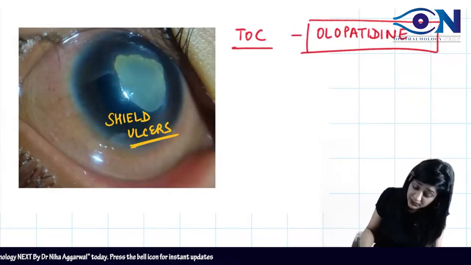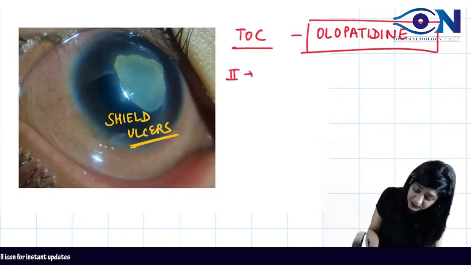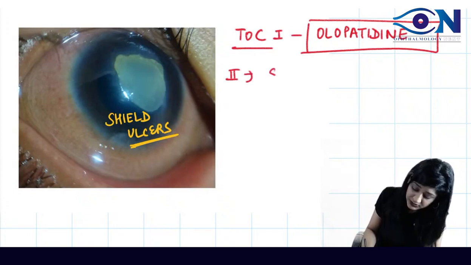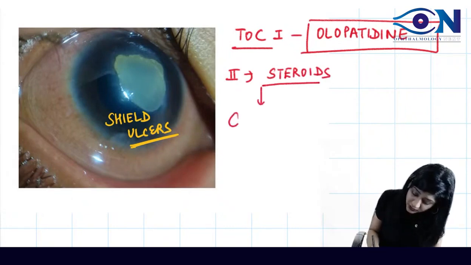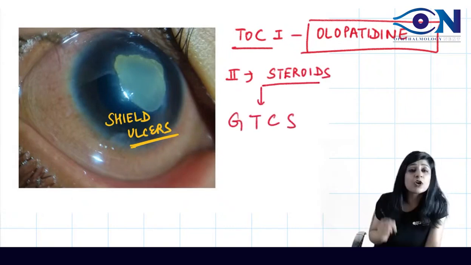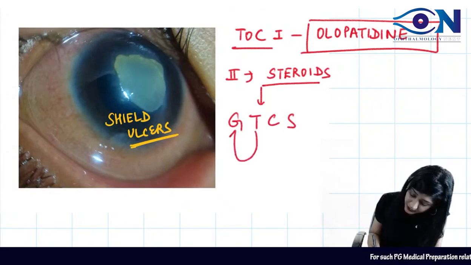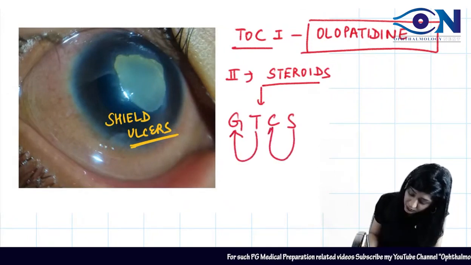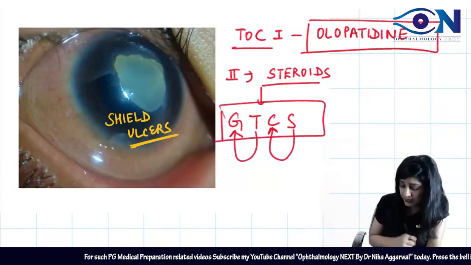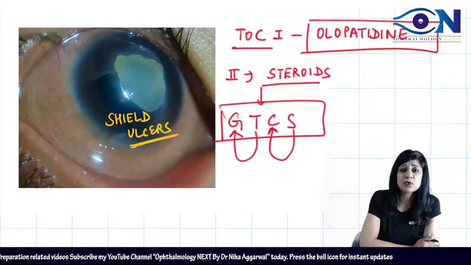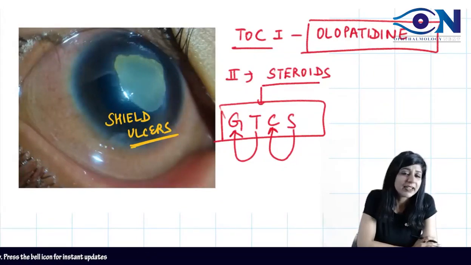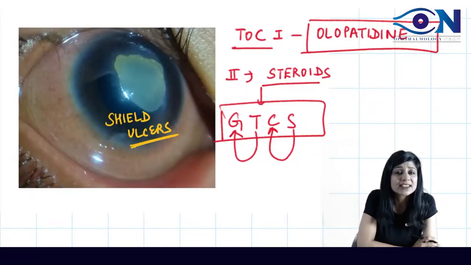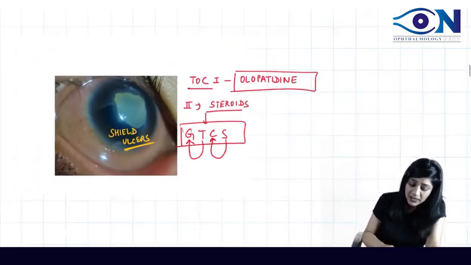If it is not working, then as the second line we can go for steroids. Why not steroids as the first line of drugs? Because steroids can cause GTCS. Topical steroids can cause glaucoma, and systemic steroids can cause cataract. So always remember the mnemonic GTCS, and that is the reason. I do not want to treat the allergy but cause cataract and glaucoma in a young male. So that is why I am not giving steroids as the first choice. Okay? Now,